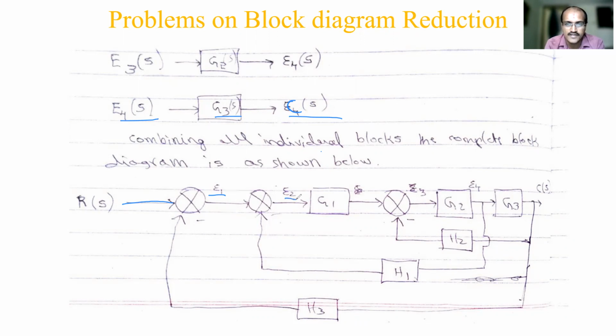So E2 is the output of the second summing point. Then there is a G1 block. And then you had a summing point. Its output is E3. From E3 to E4, you only have the fourth one, so G2 was there. And then E4 to C, G3 was there. So visible here. Okay. So now for the feedback path, you have to take the first summing point and second summing point, where they are coming from. Accordingly, you have to construct now. So here E4 of S, C of S, E3 of S.